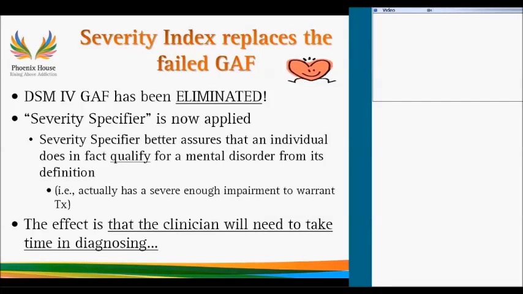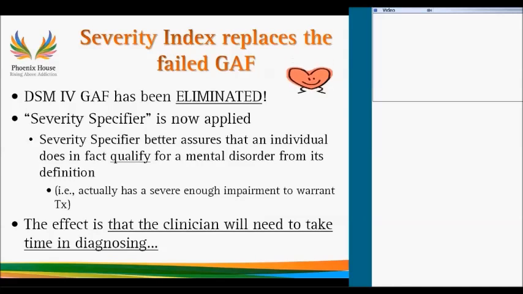So one of the things that was immediately done, as far as the research that I've done on the publication of this manual, is they got rid of it. And I personally am very happy about it because I think it's a better measure. It's not that we're not going to diagnose overall assessment of functioning. We're just going to diagnose it really for what it's intended to be. And so what they have replaced the idea of a gap score with is now called severity specifier. Now, they didn't make it easy in the sense of putting severity specifier in its own chart on a separate page for you to apply to each disorder.